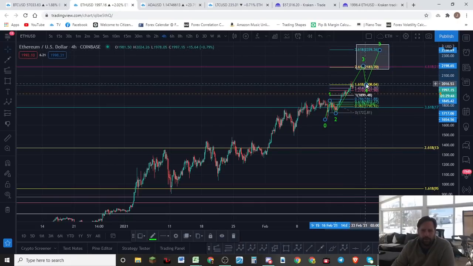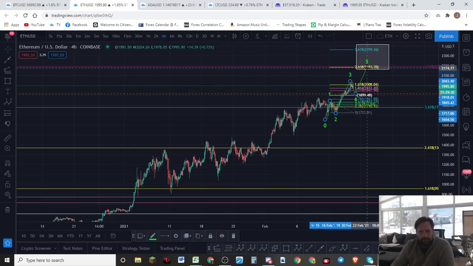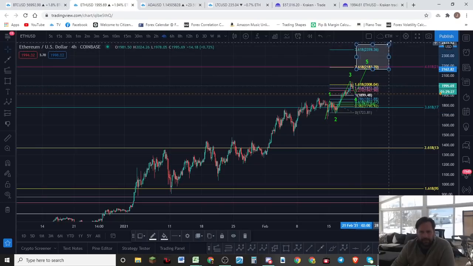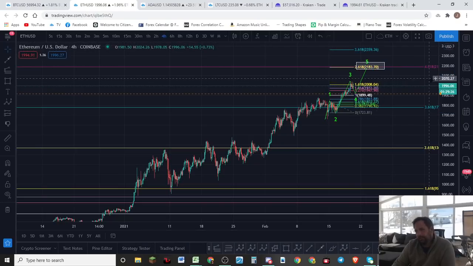then we have a really good chance of getting up here to 2200 to 2400. All right, it's not going to go straight up. It's going to go up and come back and go up again possibly. So keep that in mind. But there's a possible count to finish this wave out. This might be a third wave. We might be getting a 4 here, and we might just get a move up here to 2200 roughly. So I'm not sure what they're going to do, but there are some ideas. But just know we're reaching a top, guys.